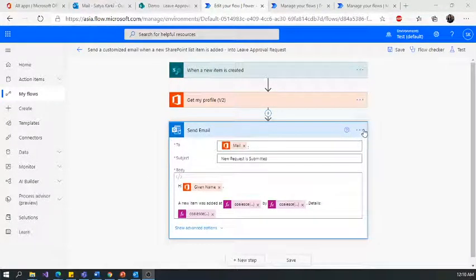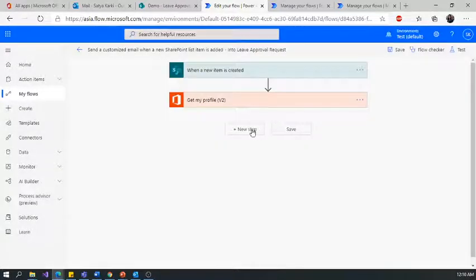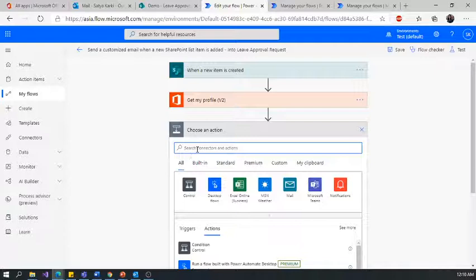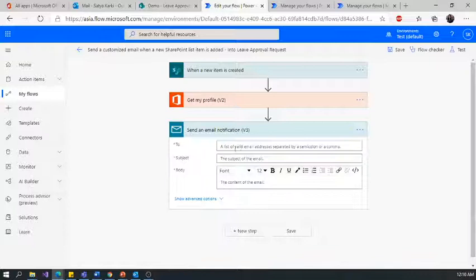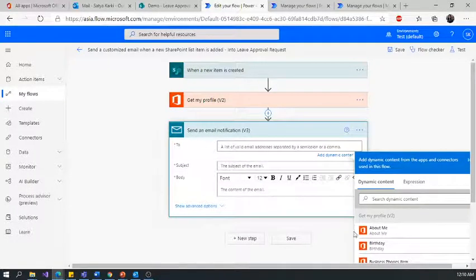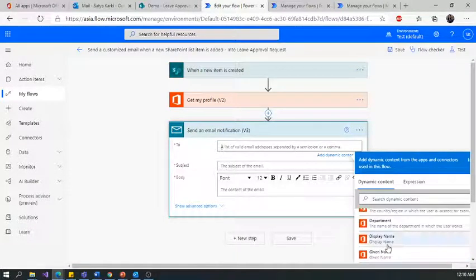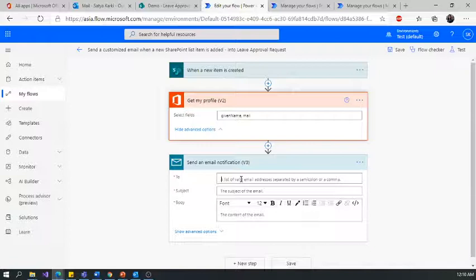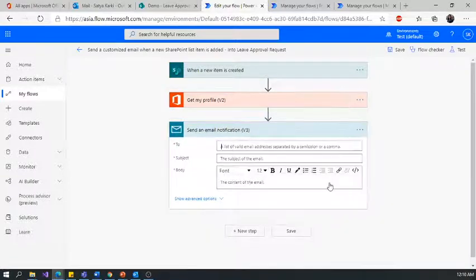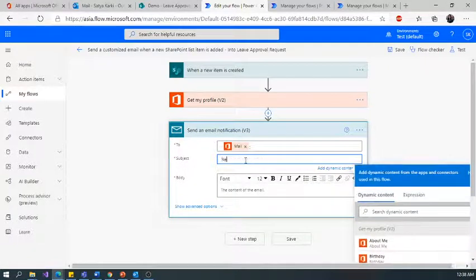Here I want to add another email template, so I'm going to delete this one. In this one, I'm going to select send an email notification. We can get the email of this user. From Get my profile, we can get the user's details. Subject name, new